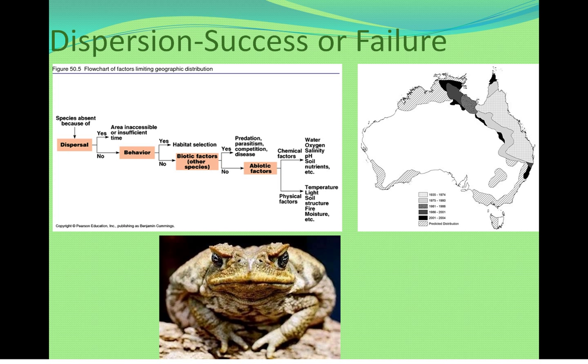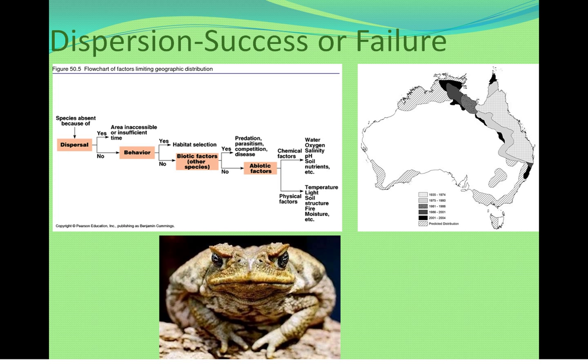You can use the flow chart on the left-hand side to come up with some ideas about what are things that might limit the dispersal of an organism, and what are some things that might help or aid an organism in its dispersal to find new areas. If you look at the right-hand side of the map, you can see a map showing the dispersal of the cane toad, which was an invasive species introduced to Australia